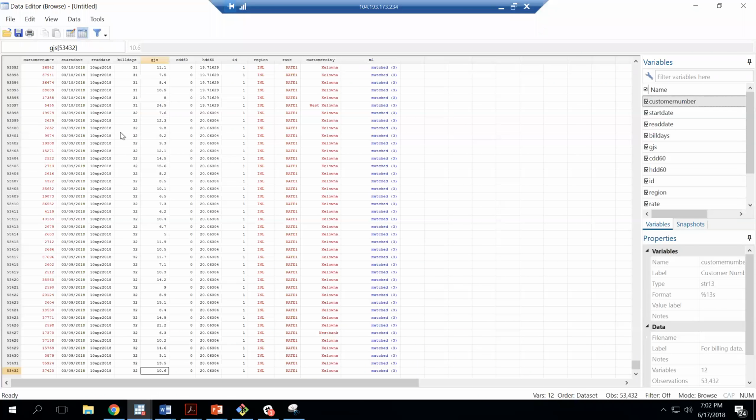So quite simple, we have a data set now that has what we want, right? We essentially started with a customer number, read date, and bill days. Now we have the amount of energy used associated with the bill read period, but now we also have the precise weather that's associated with the